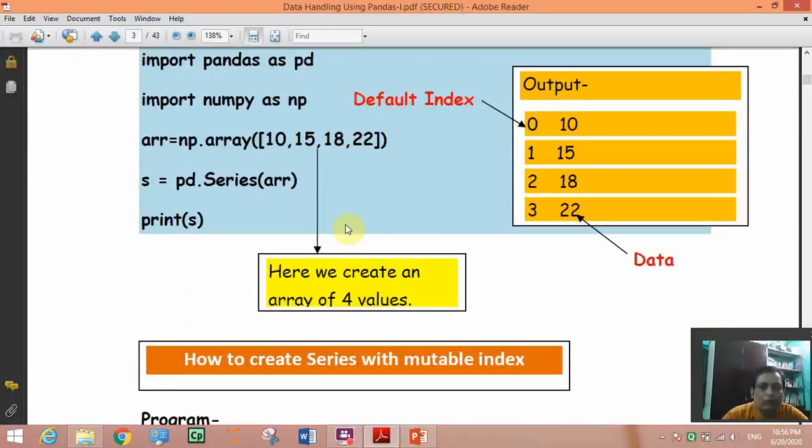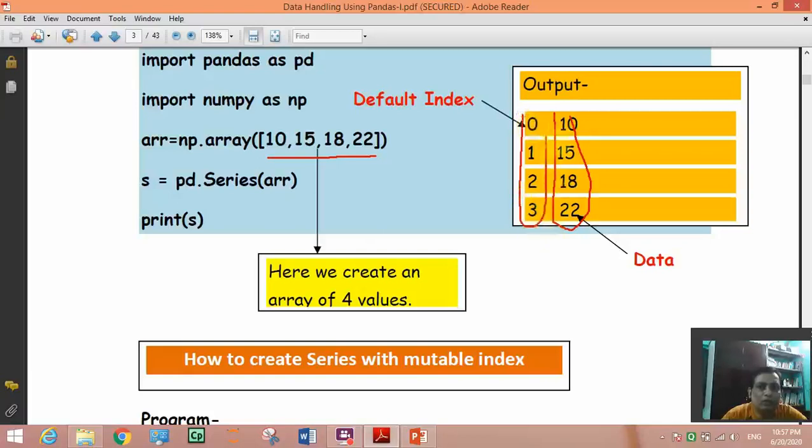So here what will happen is that these 4 values will go in the data part of the series, and it will have another column, that is index. It will come automatically.